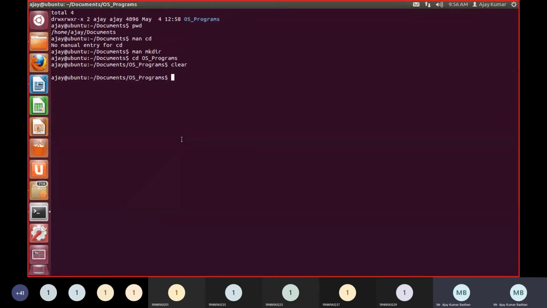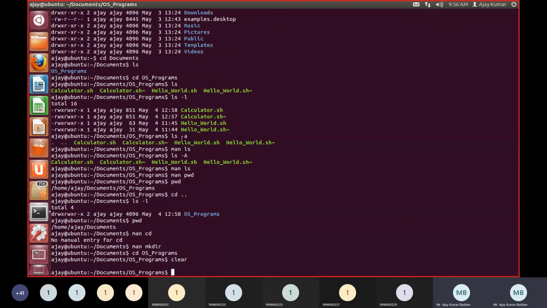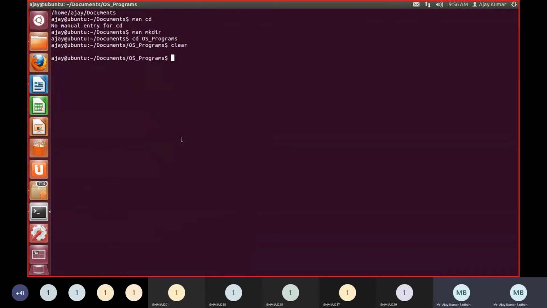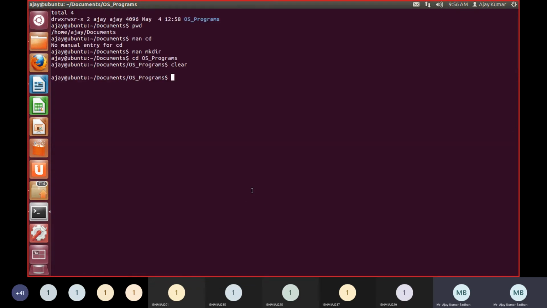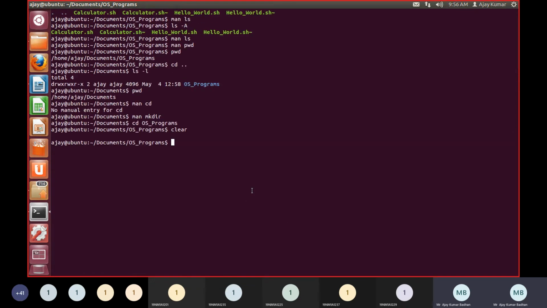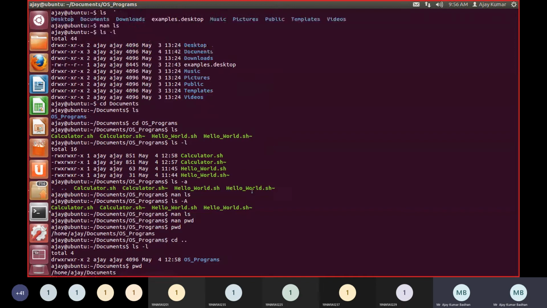It is not going to clear the file. It will be present here, but it will start from a new location. So you can see that the entire window is empty. The present window will become clear, but whatever commands you have typed will be present on top. You can scroll your mouse and you can see it. But when we start, we will start fresh.